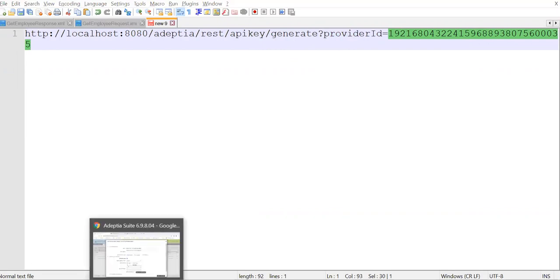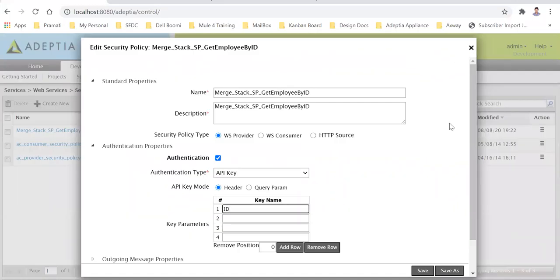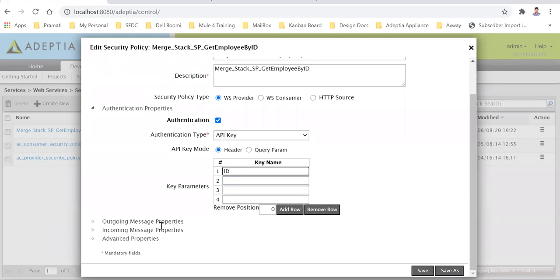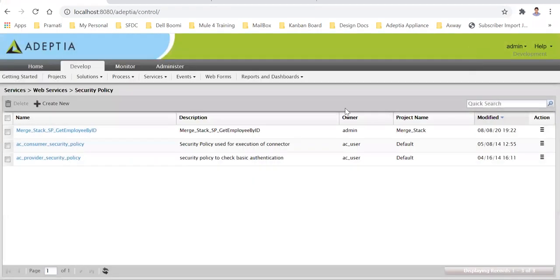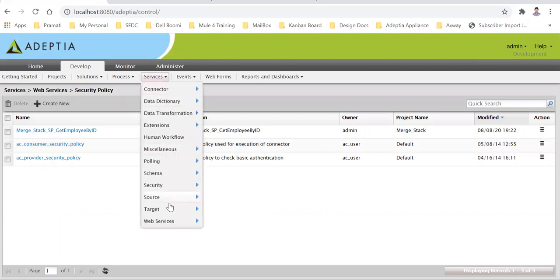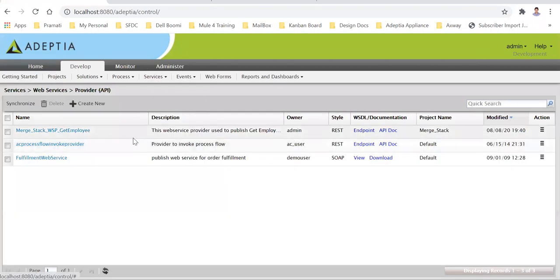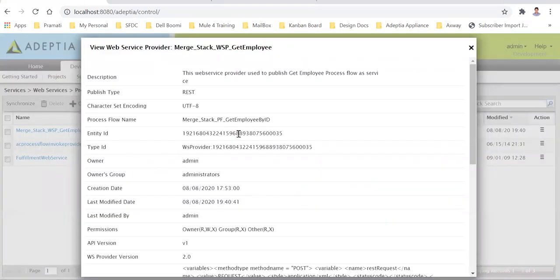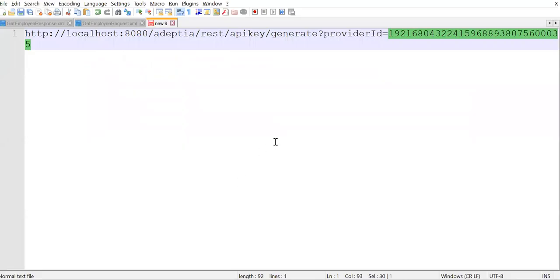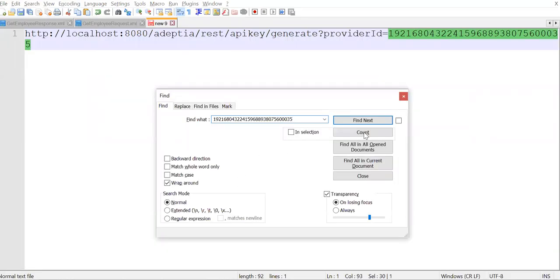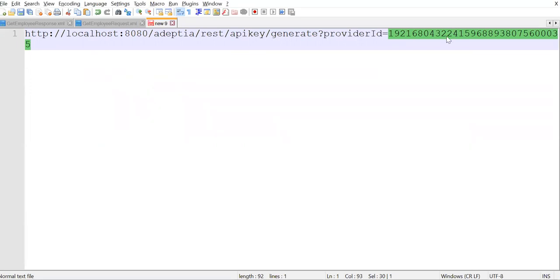Let me show you this one. Once your security policy is ready, we'll go back and create the API key. Let me show you the provider first. We need to get the entity ID. So this is that ID. If I copy this, yeah, this is the ID. So this URL we need to build.